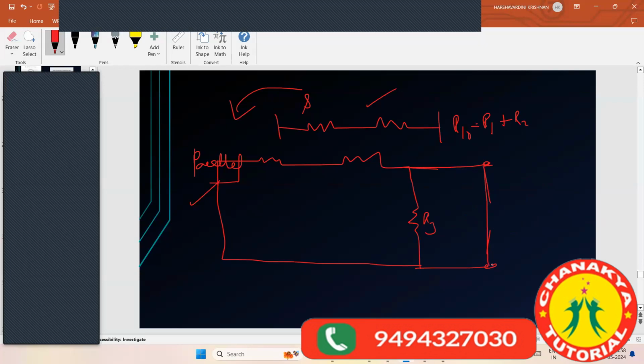You can have as many resistors as you want, but when you want to replicate them in real life, you really want to have some conditions satisfied. But from your exam point of view, IIT-JEE, Olympiad exams, they don't have anything like that. They'll have an imaginary circuit and give you as many resistors as they want, and tell you to find the total resistance. But in real life, you really have to think what can be done and what cannot be done. Okay, so now what will be the changes in the total resistance?